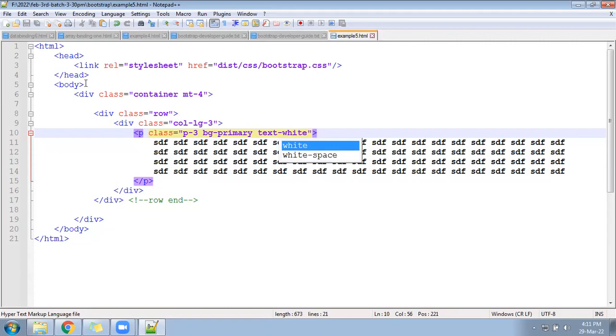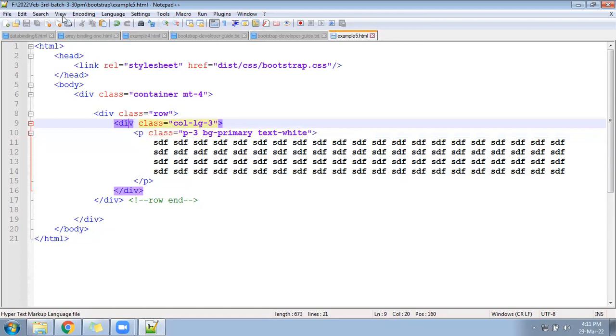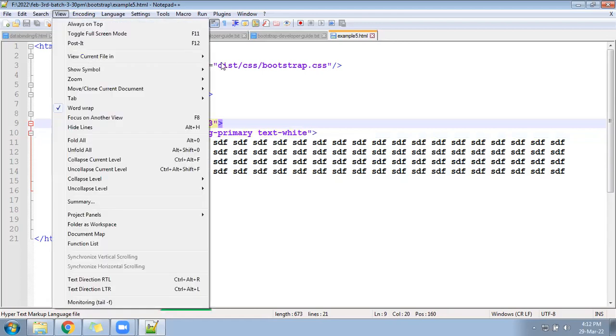Hope you got something. His background is orange. The page is not orange, it's this blue color. Text should be well organized like this.